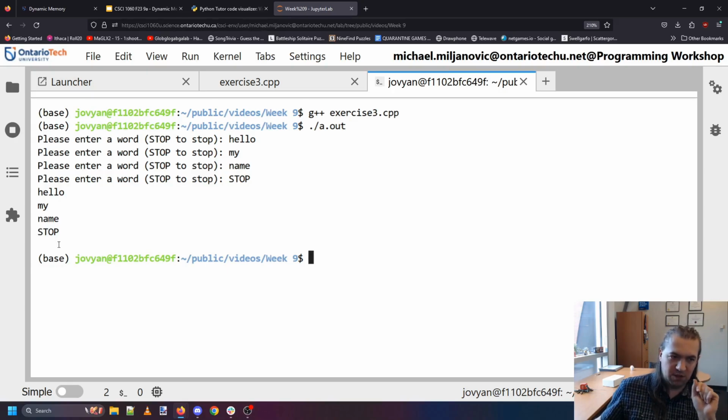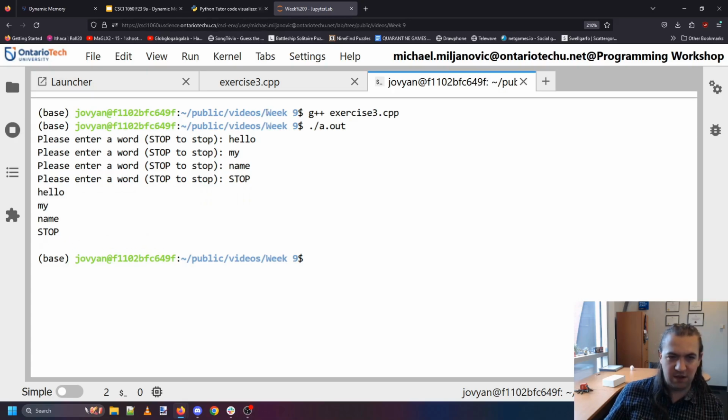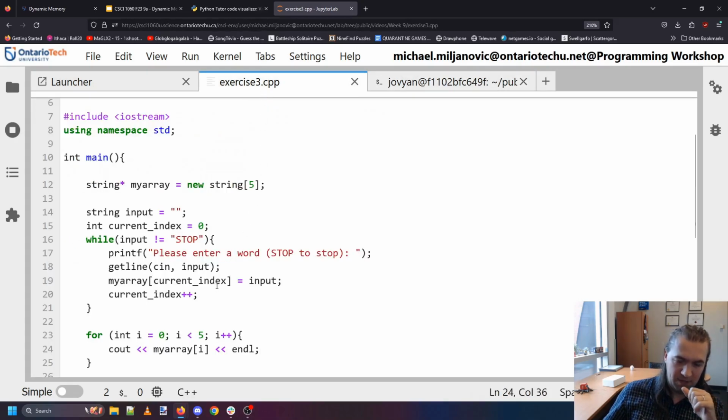Okay, so a few things. First off, it's putting stop in the array. That I might want to fix. And second of all, otherwise I think it did everything mostly okay. So I do want to fix the issue of putting in stop at the end. That's not something I really want. So let's see if there's a way around that. Probably there's a couple ways. Maybe I can restructure the code. I'm going to take kind of the lazy approach here, but you can maybe figure out a cleaner way to do this,